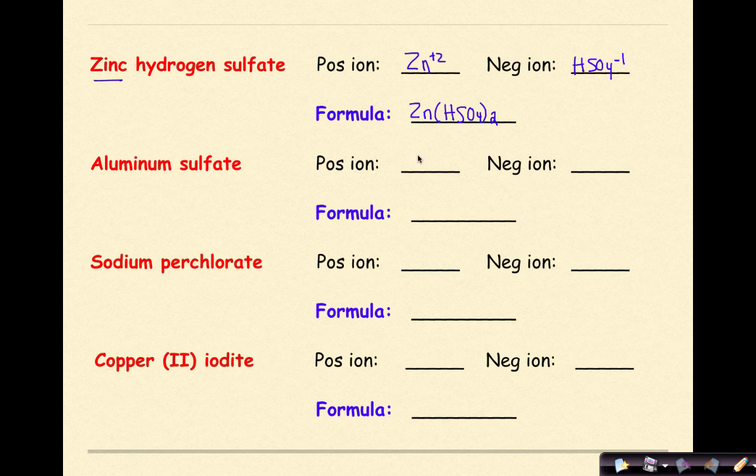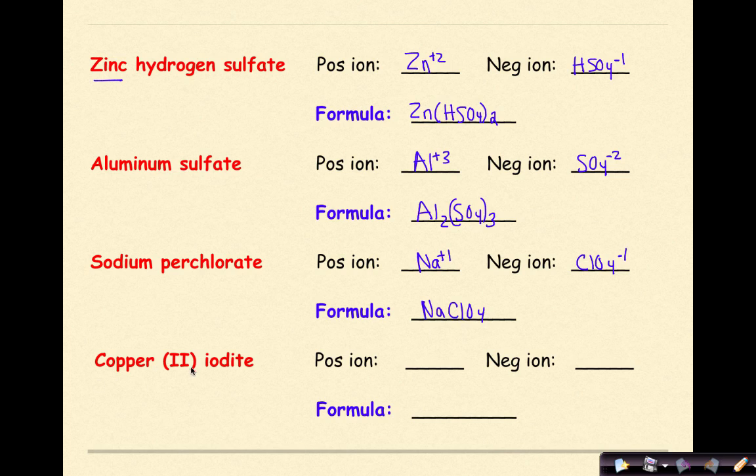Aluminum sulfate. The positive ion is going to be Al +3. Sulfate is SO4 -2. I'm going to cross these down. So the formula here will be Al2(SO4)3, need parentheses around this, and then a subscripted 3. Sodium perchlorate. Sodium is Na +1. Perchlorate is ClO4 -1, another polyatomic that you should be familiar with. The +1 and the -1 will cancel each other out because no positives, no negatives, no ones. So this is going to be